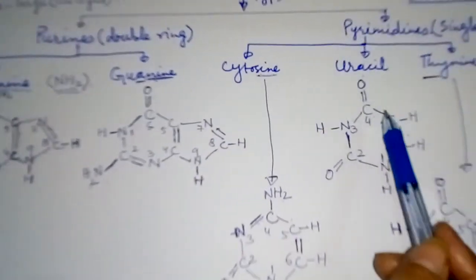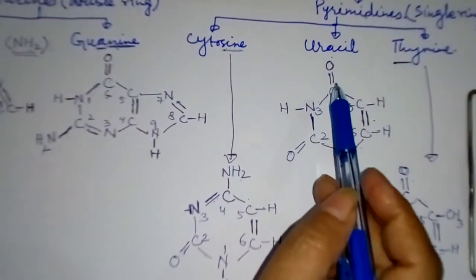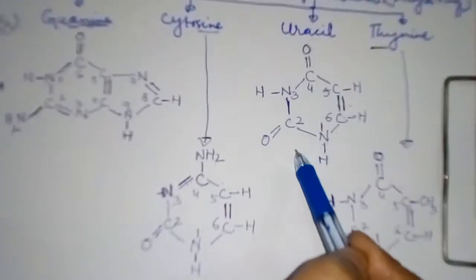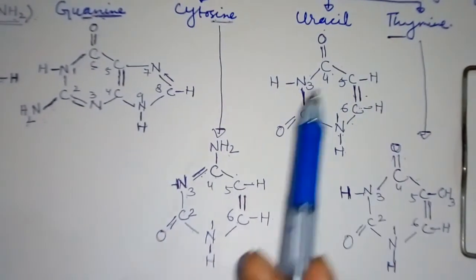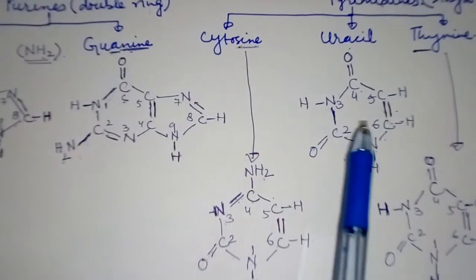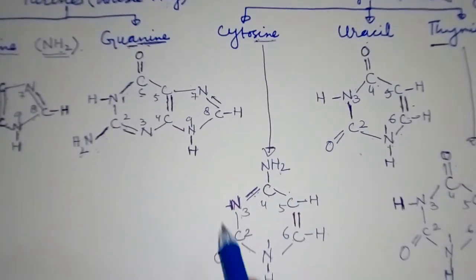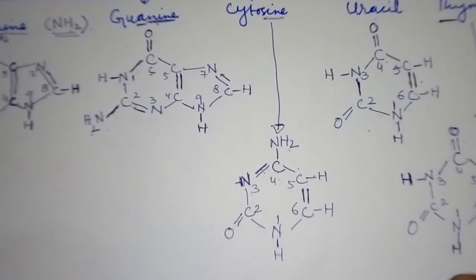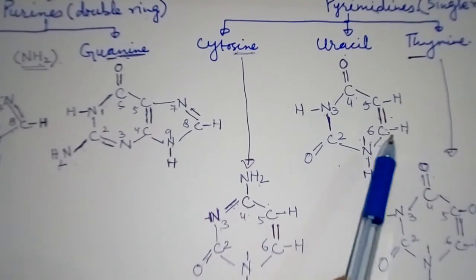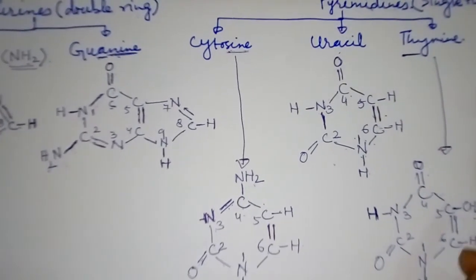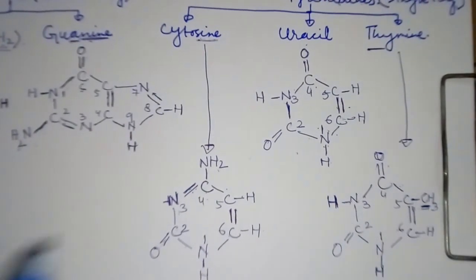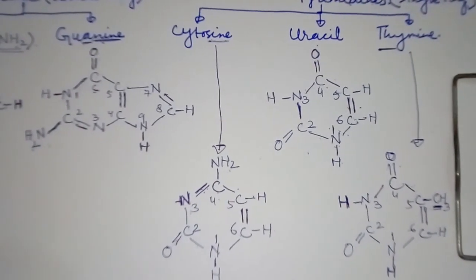Then you have to memorize the structure of uracil. Uracil is a dioxy structure and it is a single ring, a very simple structure. And cytosine copies one of the amino groups from adenine and guanine after seeing it there, and then it has that amino group with carbon number 4, while the rest of the structure is similar to that of uracil. And thymine has an additional methyl group with carbon number 5. That's all for today. Thank you, students.